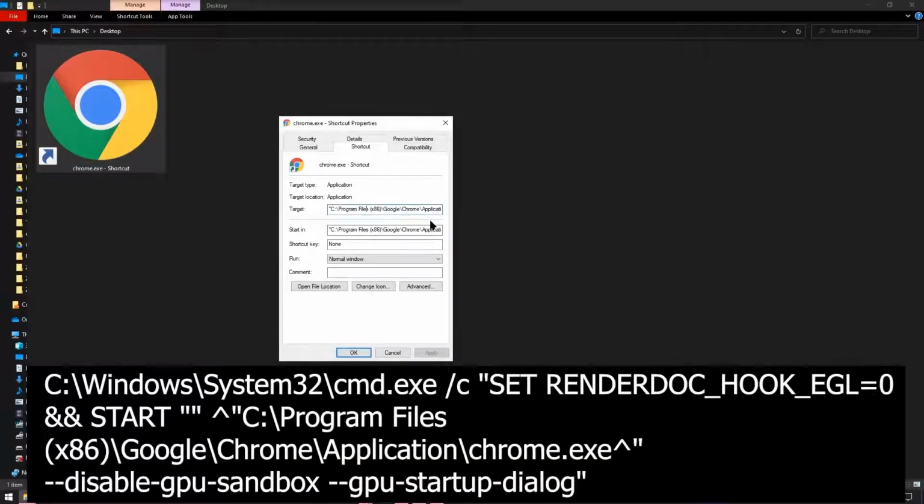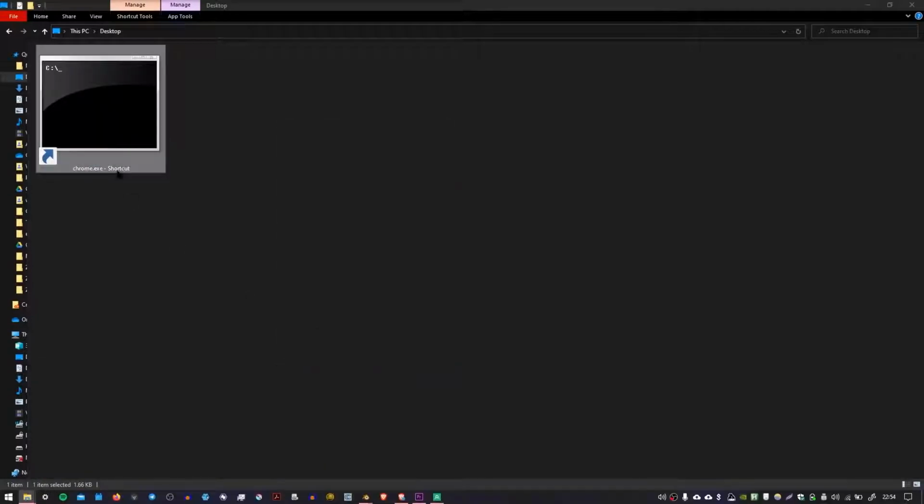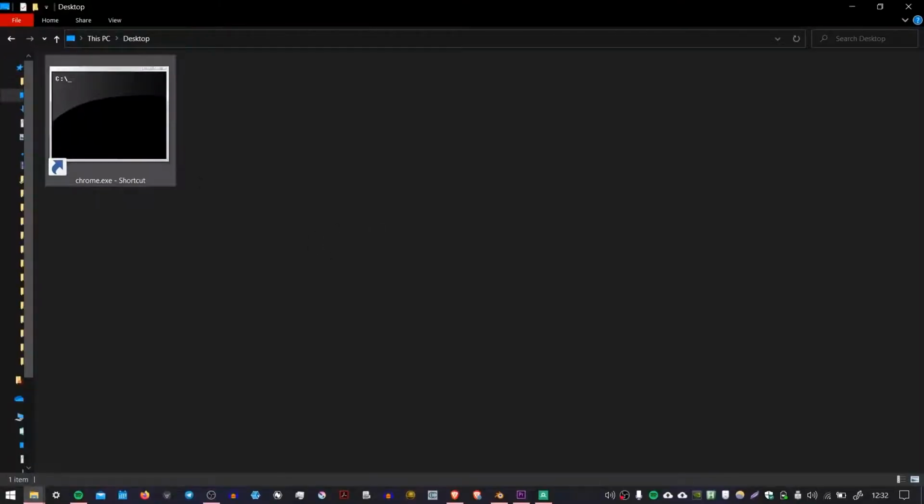Basically it's going to add a couple of flags onto the execution of this file so that it runs in a kind of debug mode. You can see here there's a few little dashes, and press apply and you should see that your icon changes to this command prompt icon. Okay, so then we want to double click on our shortcut, and you can see that Chrome has launched with